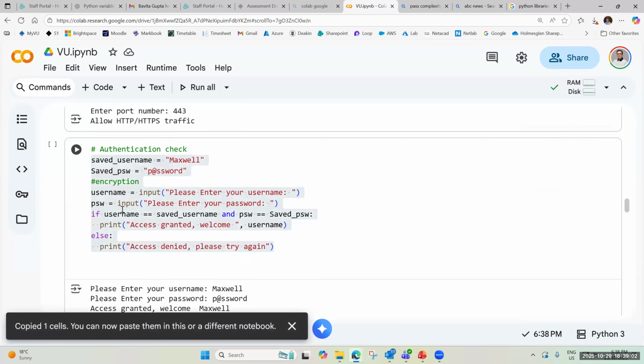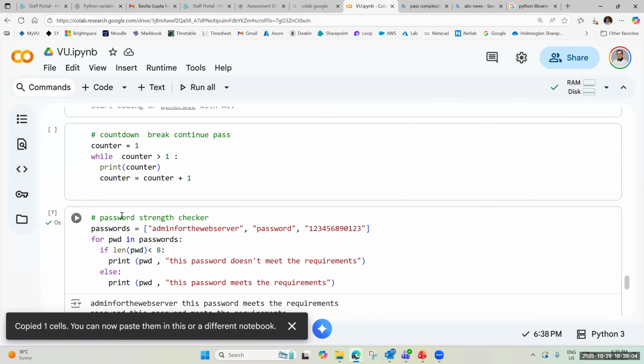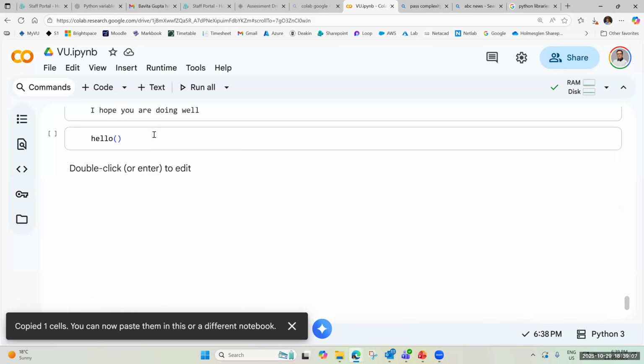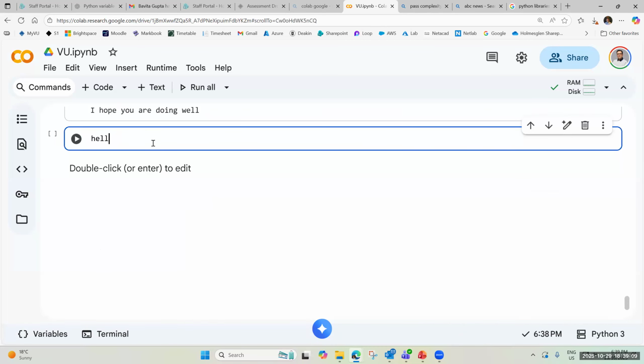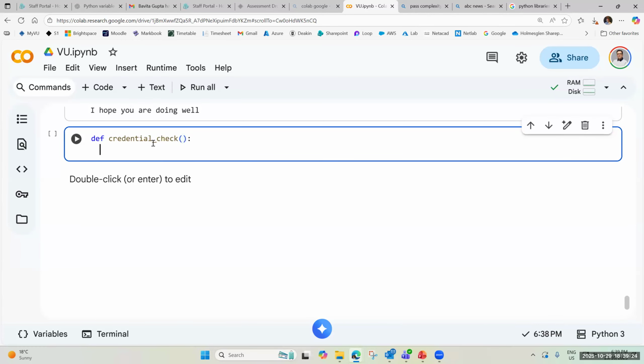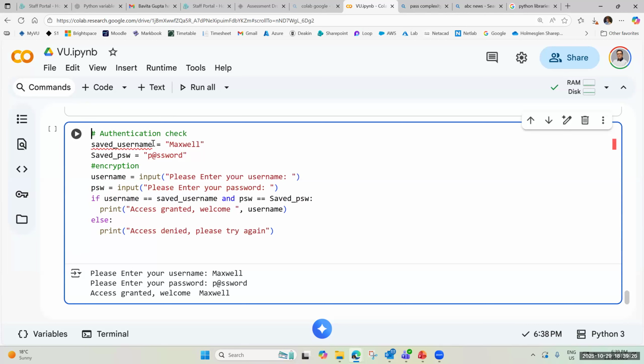So I copy this. So I define a new function. I name it credential check, parentheses, colon, and